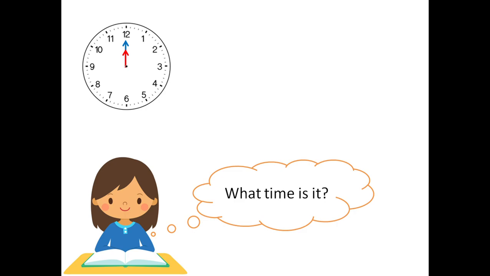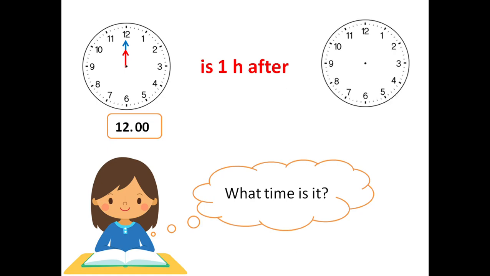What time is it? Look at the shorthand. Shorthand is in 12, so first we write 12. And the longhand is in 12, so we write 00. So the time is 12 o'clock. 12 o'clock is 1 hour after. Because the question is 12 o'clock is 1 hour after,